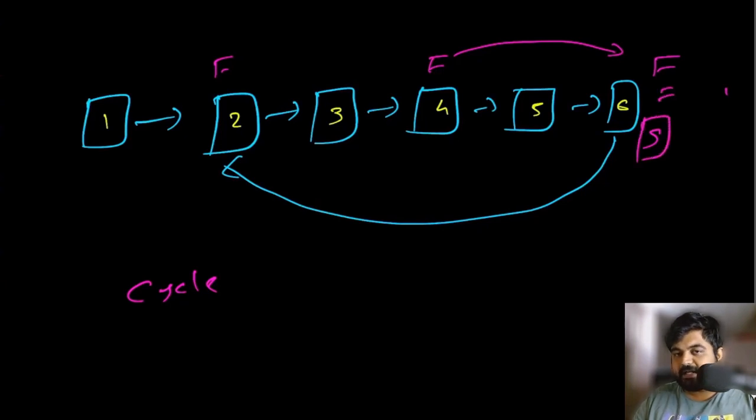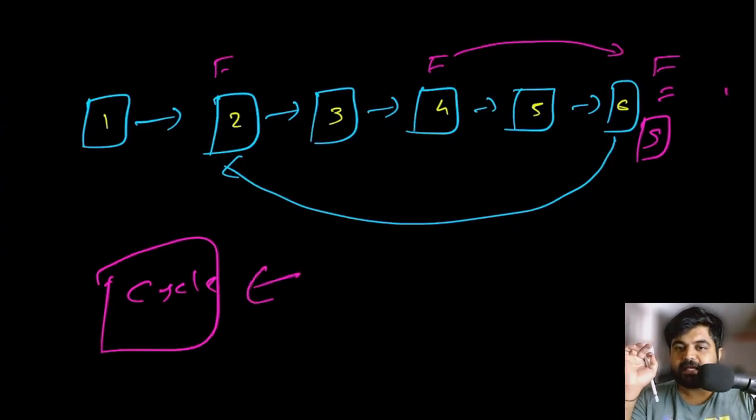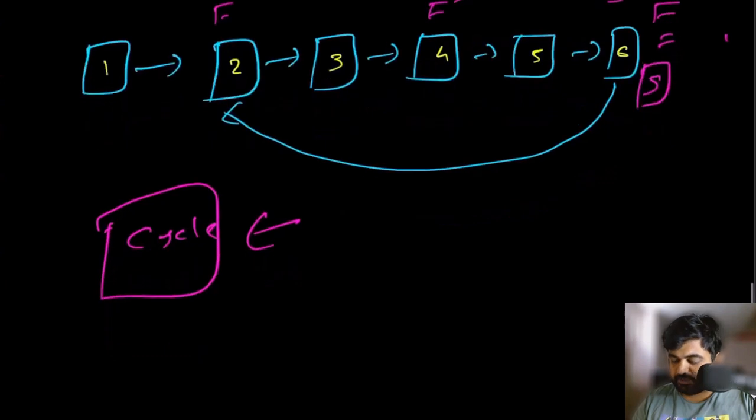Again we find the similarity, which means we detected the cycle, and we can return true that yes, there exists a cycle in this linked list. So this is the most beautiful way to solve this problem, where you simply use 2 pointers, fast and slow, and you immediately find the solution. If we see time complexity, in this case the time complexity is going to be big O of n, because we are not doing any more work than that.